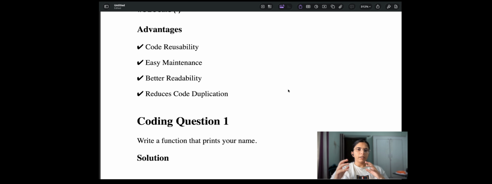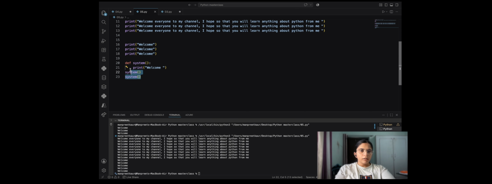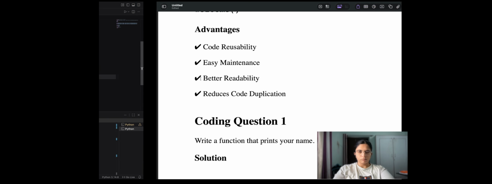Code reusability: now you can use code again and again. The second is easy maintenance. Now you tell me which one is easy. In this you have to write this again and again, but in this you just write these lines once, then just call this function. That's it.